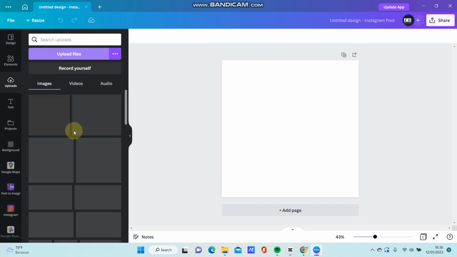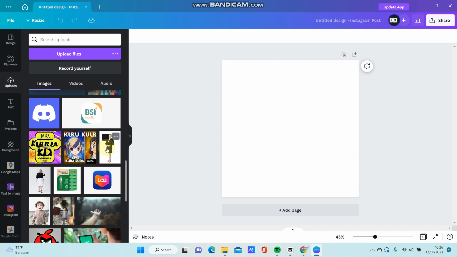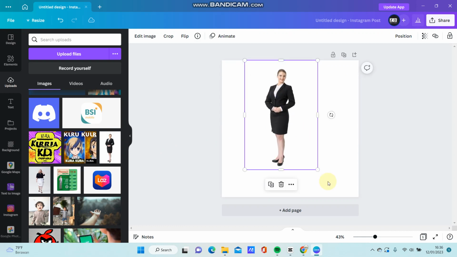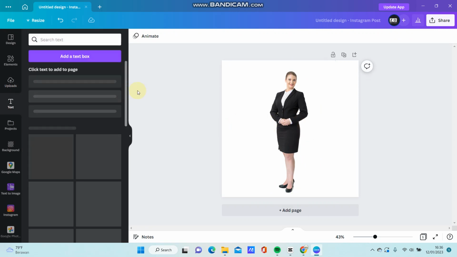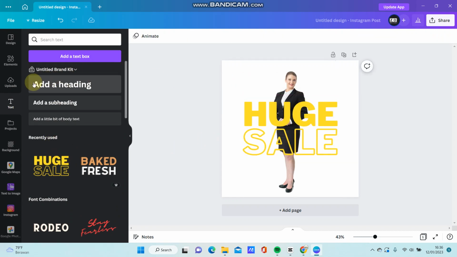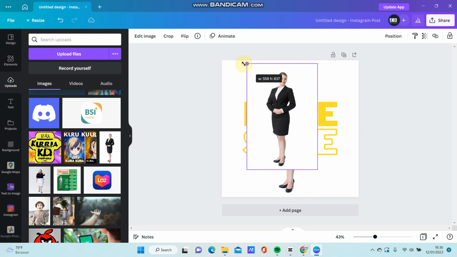Upload file, and then if you already have a photo, just add the photo here and just going to merge it. So for the center, and then just going to add a text, for instance, and then just going to add the same image. So just tap on it again, tap again and merge it again